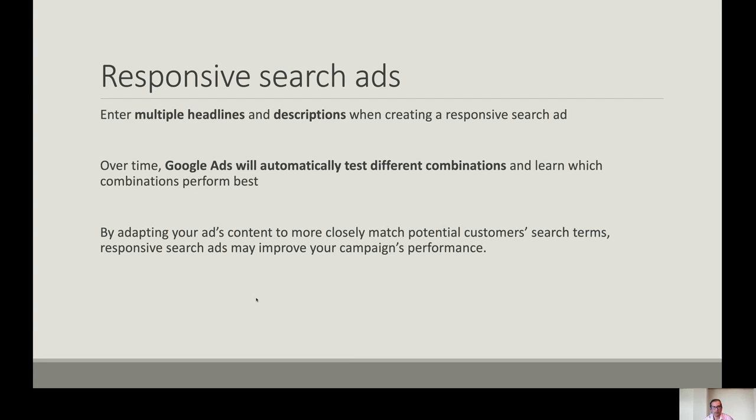And then what happens is Google Ads combines these different components on the fly, okay, and tests out which combinations work. When Google Ads combines these different components, it creates an entire ad, right? So an entire ad is shown to the user as it was shown in the past as well,